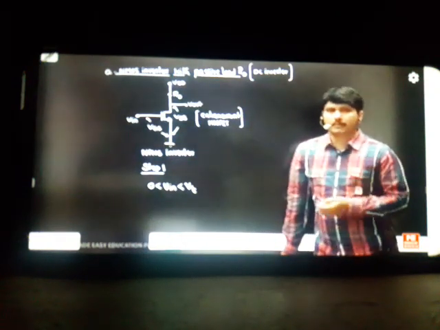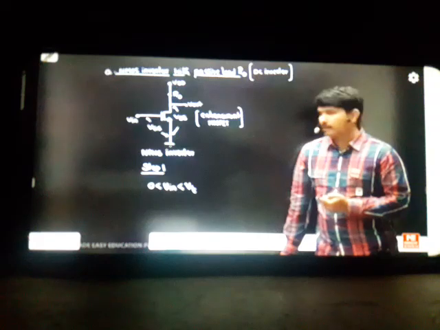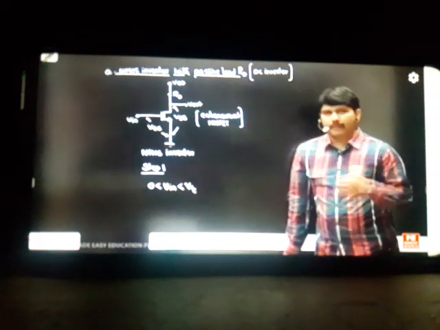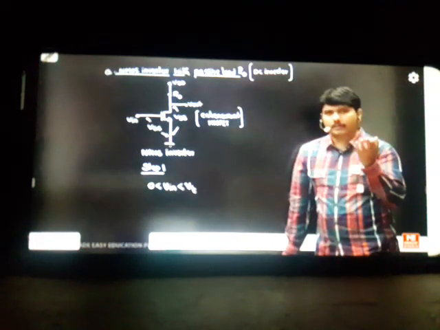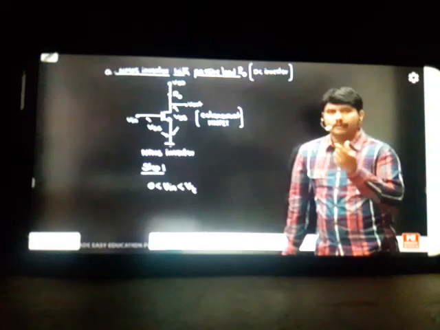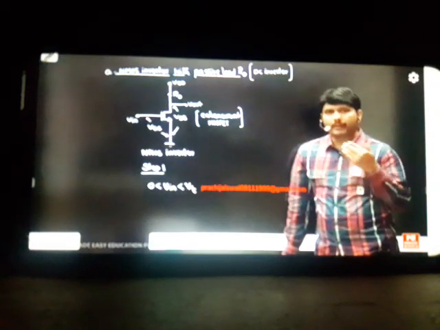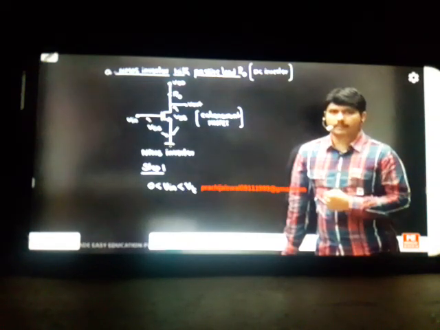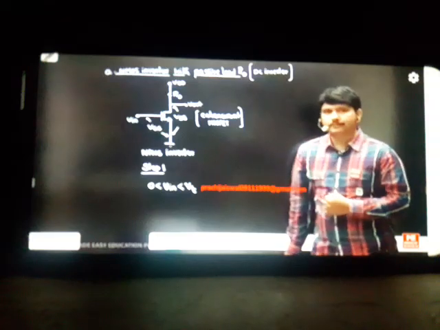You know that already from switching and testing, we have done all these things. So we apply an input between 0 and VT. Automatically, the MOSFET cannot get a channel inside, because in an enhancement MOSFET we don't have any channel. We have to create the channel inside. If you want to create the inversion layer, your input should be greater than the threshold voltage. But initially, I am analyzing 0 to threshold in the class. So for 0 to threshold, your MOSFET M is in cutoff.